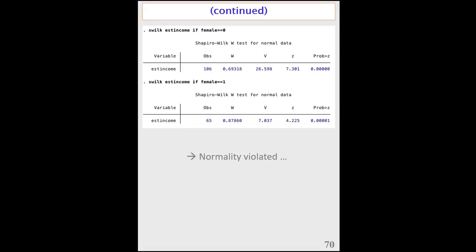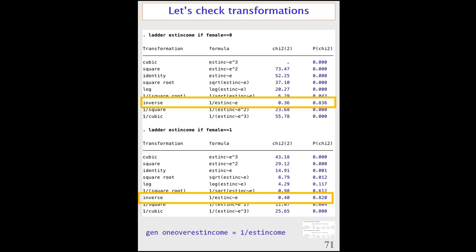I test normality, swilk, estimated income for boys, that's there, and for girls. Okay, violated. So I need not even do that SK test anymore. This one already doesn't work, so for sure this is not a normal distribution. Any kind of transformation, might that work? I tried the ladder command, ladder estimated income for boys, ladder estimated income for girls, and now I'm trying